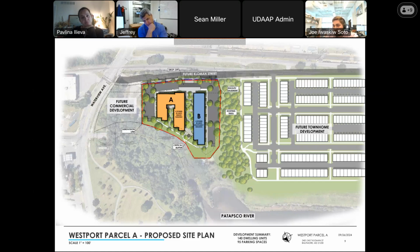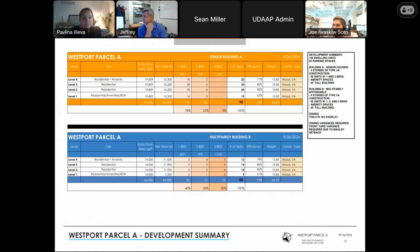Both of these buildings are four stories of wood construction, just based on the limitations that we have from the financing side of things. And this is the unit mix. We are currently looking at a mix in the blue building B of 1, 2, and 3 beds, so a mix of family style units, while the senior building is really only 1s and 2 beds, and that was based on the market